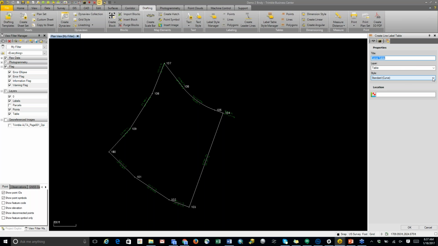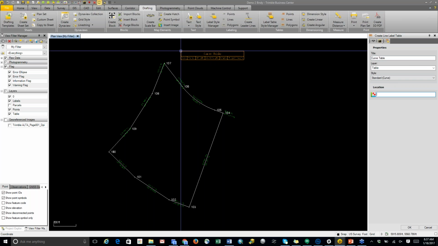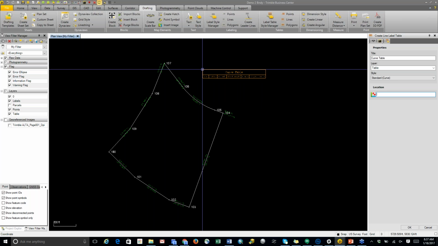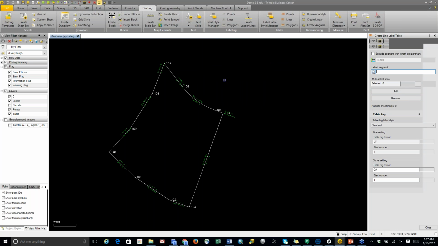Make sure this is curve. On curve, you give it a name, the title of it up here, what layer you want that to be on, select the location for it, and I'm just going to plop it in right here, and select the segment that I want. I'm going to select this segment,